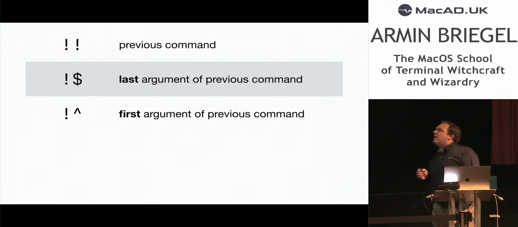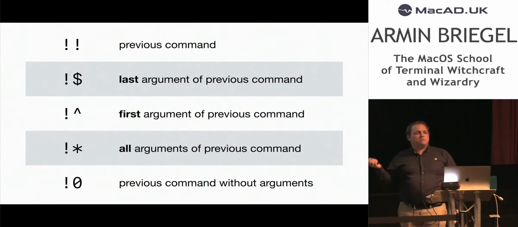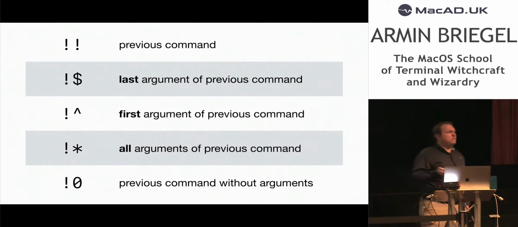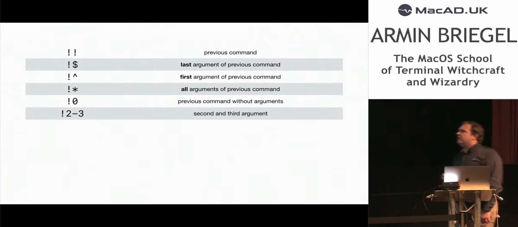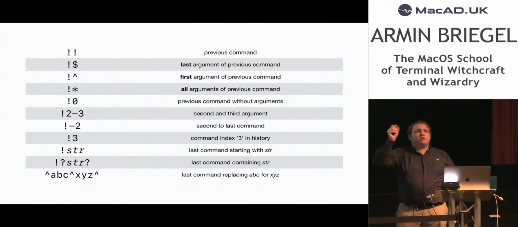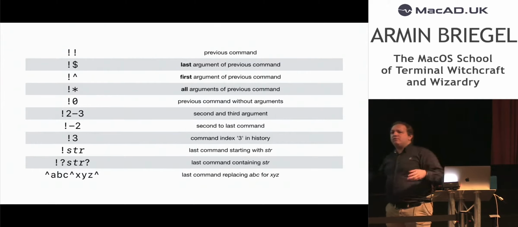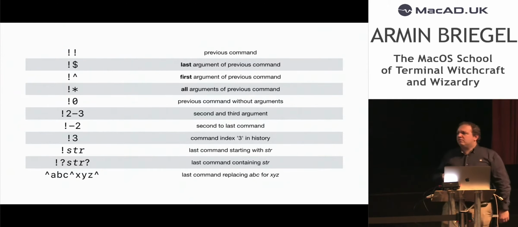These are two siblings. They have more. I find these less and less useful. First argument of previous command, without arguments. They get less and less useful, and there's actually even more of them. If you know the syntax, you can pick and choose the third and the fifth argument from the previous command. Why? By the time I've counted it, you can just as well type it.